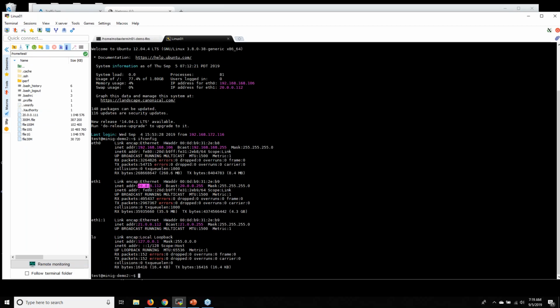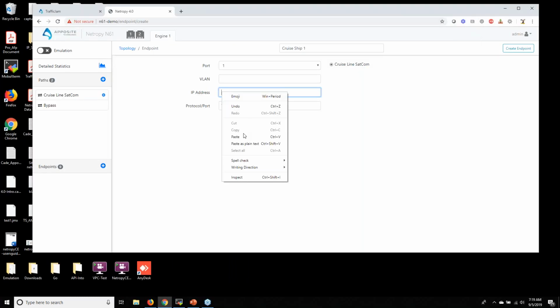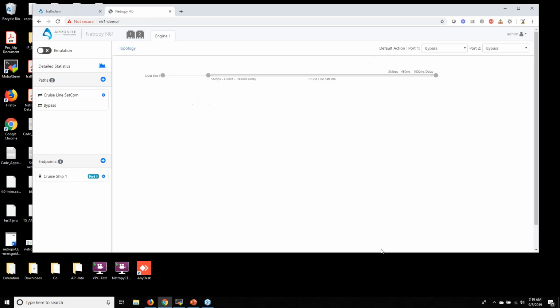So it's 20.0.0.112. I'm going to put that IP address in here. Or I can do an entire network. I could do something like this. But for now, I'm just going to leave it a single IP. So I'm going to create this endpoint.